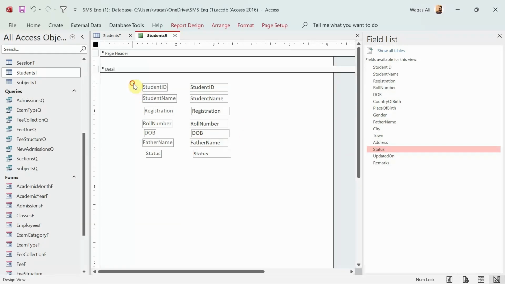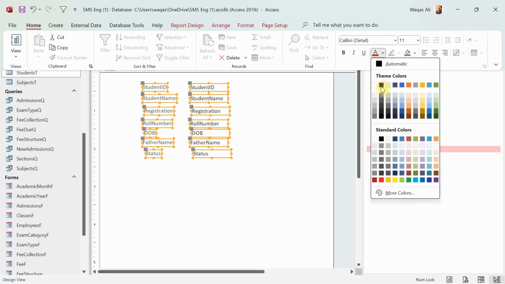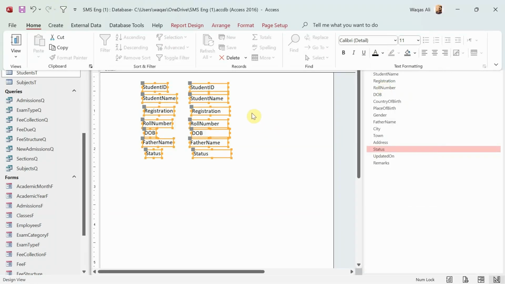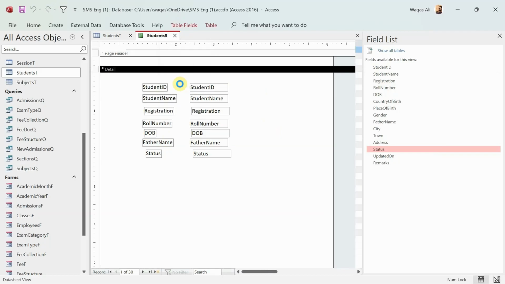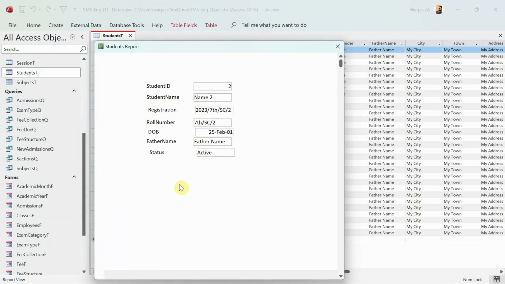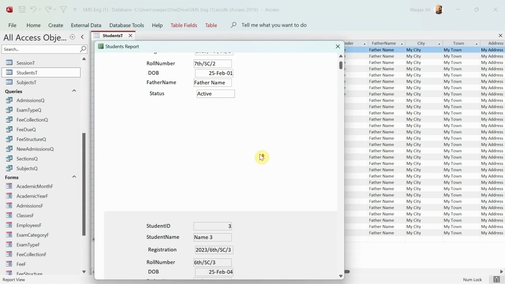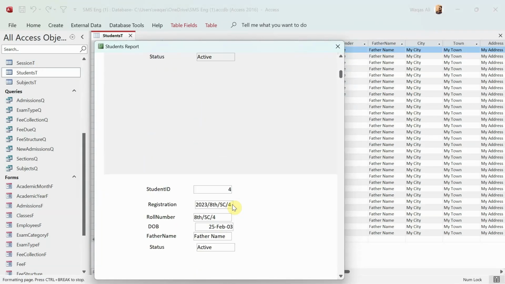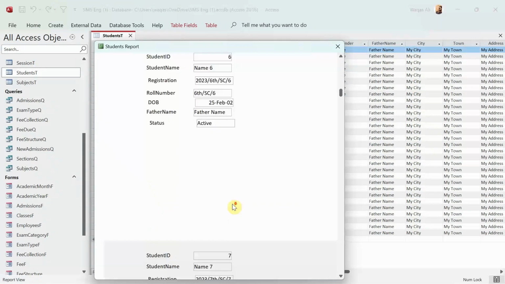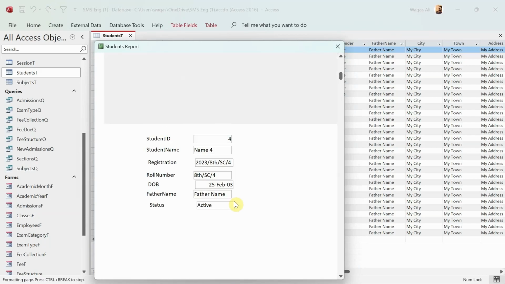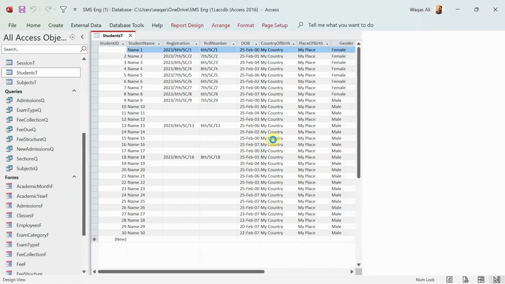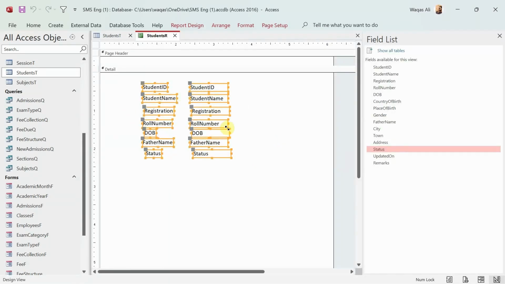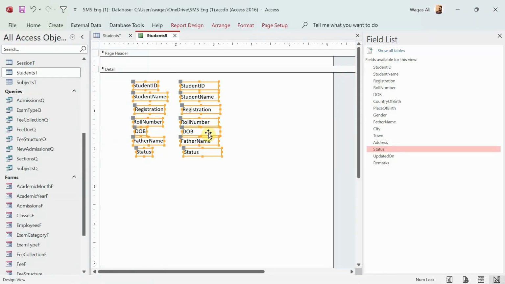Now right now I've just randomly selected information. I'll just select all the boxes and I'll go to the home and I'll choose the color full black. If I go here in the report view, I'll also see the borders of each text. Now if I scroll down, I'll see the alternate color in the background. That also I'll get rid of, and you can see the information is coming from the tables, but this is not the final report. So I'll go to the design view and we'll select all,